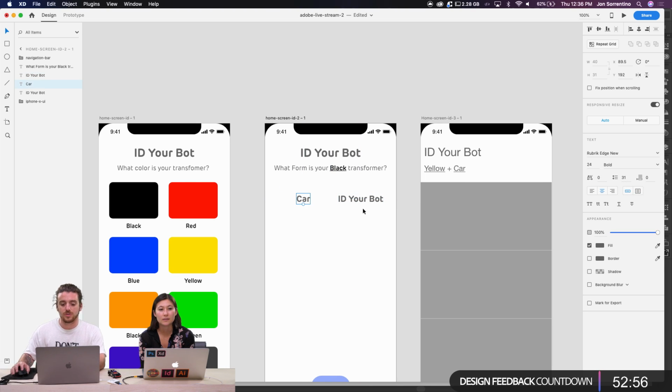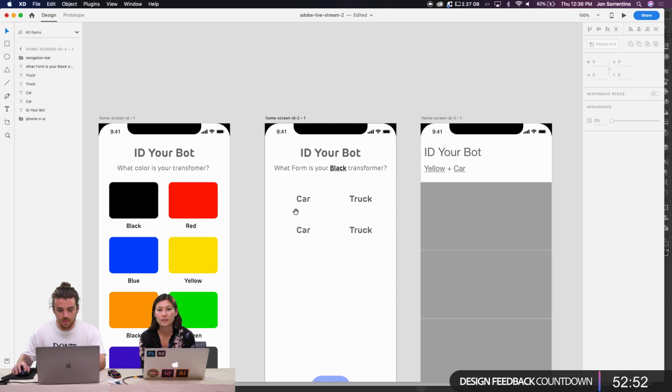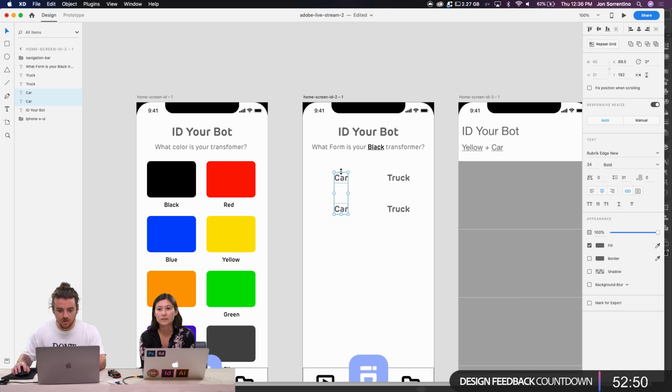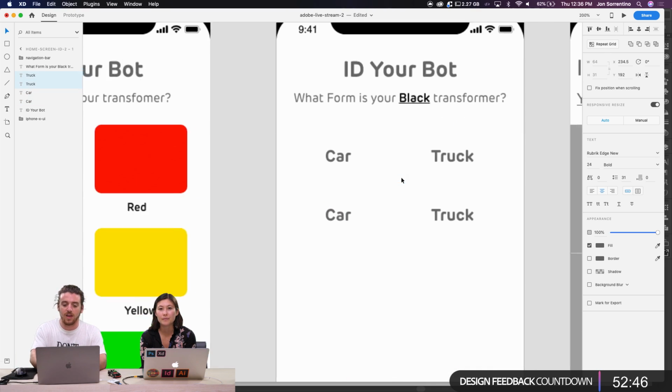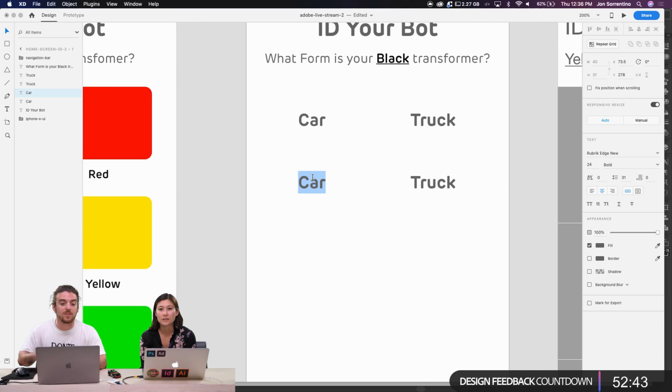So one choice is car, truck. And I think later on, if we think about how this app would live on after this design day, maybe this is a moment where we would start making illustrations of icons and things like that. But for now, I think it's totally fine to have these as headings. Helicopter, plane.